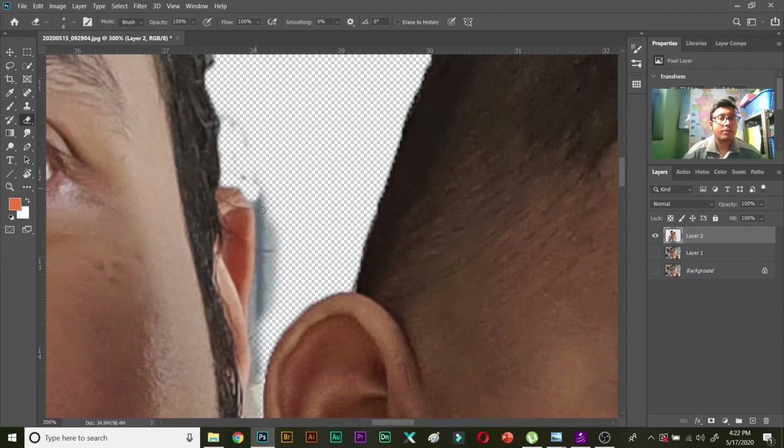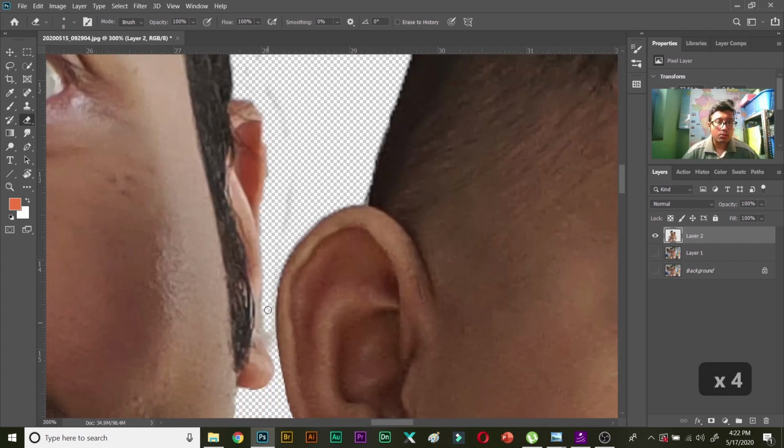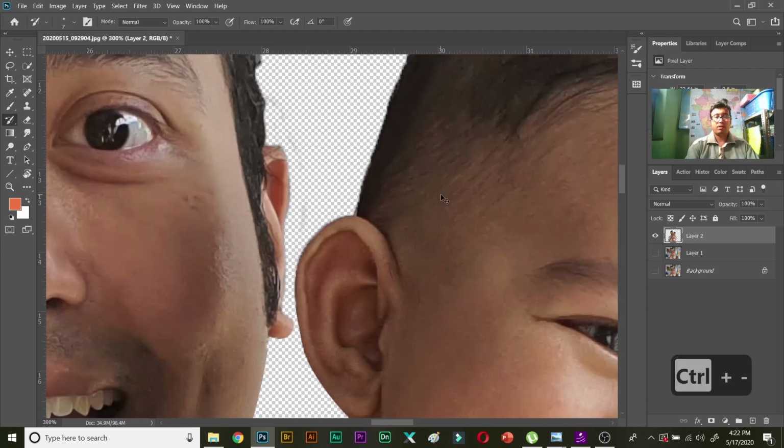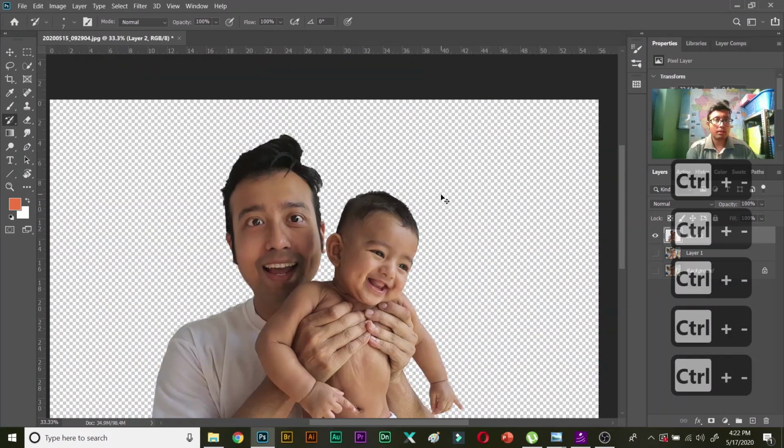So remember, after you have done the selection and made a new layer, if you click on Y, you can bring back the erased parts with the help of the history brush tool. The shortcut is Y. I again rubbed some part of my ear, so I need to bring it back with the help of Y. So Y, history brush tool, and then again bring it back. Fine.